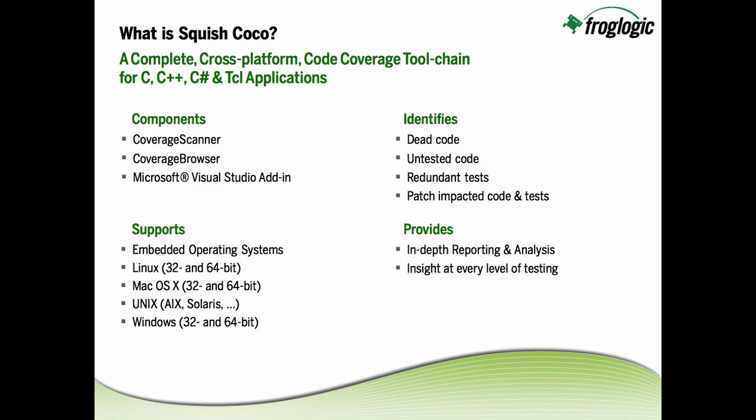Now, Squish Coco, like some other code coverage toolchains out there, is going to help you identify the code that you're exercising. But with Coco, there are some things beyond what some of the other tools out there identify. You have the code that you're exercising, identifying dead code or code that's not being tested, helping to find redundant tests. And then we've also introduced what's called patch analysis. So analyzing the impact of a patch on the code, what tests cover that impacted area, or if no tests cover that impacted area. So that, as well as some other reporting and analysis, are going to be demonstrated today,